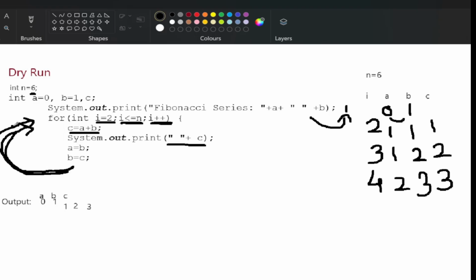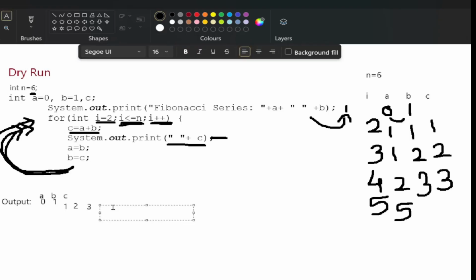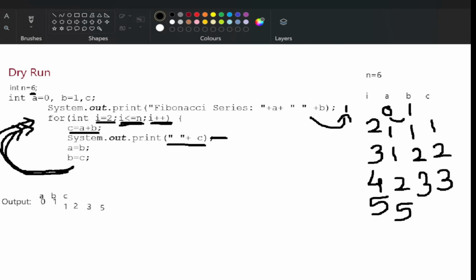फिर I प्लस प्लस होगा, I की वैल्यू क्या थी, 4 थी, वो हो जाएगी अब 5, और 5 is less than 6 है क्या, देखेंगे है, तो नेक्स्ट लाइन C इज इक्वल टू A प्लस B. C की वैल्यू क्या आएगी, वो A प्लस B that is 2 प्लस 3, वो आएगी 5, वो C को आएगी. Okay, here I mentioned it wrong, it is not going to A, it is going to C, okay. सो 3 के बाद क्या आएगा, आउटपुट में 5 आएगा।